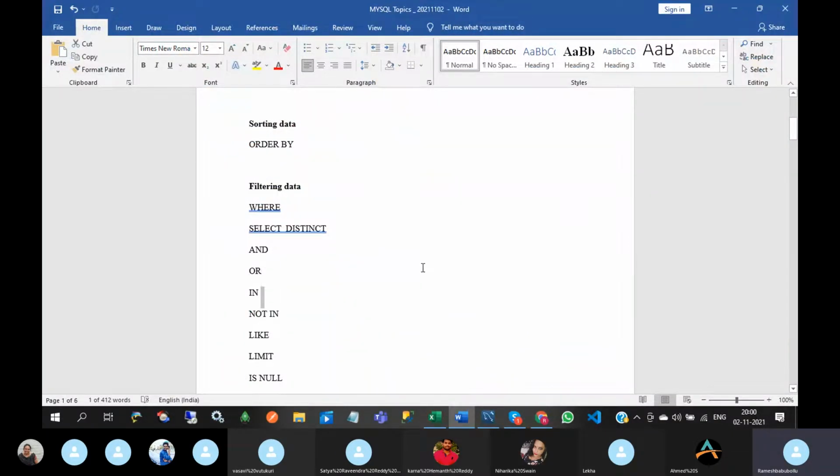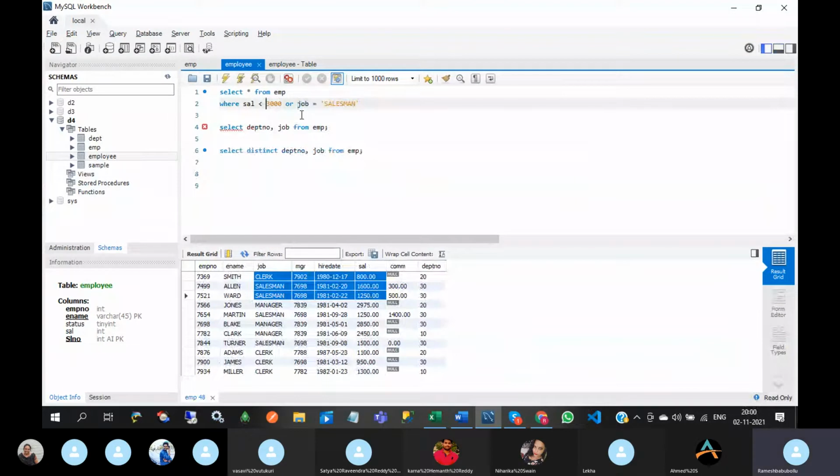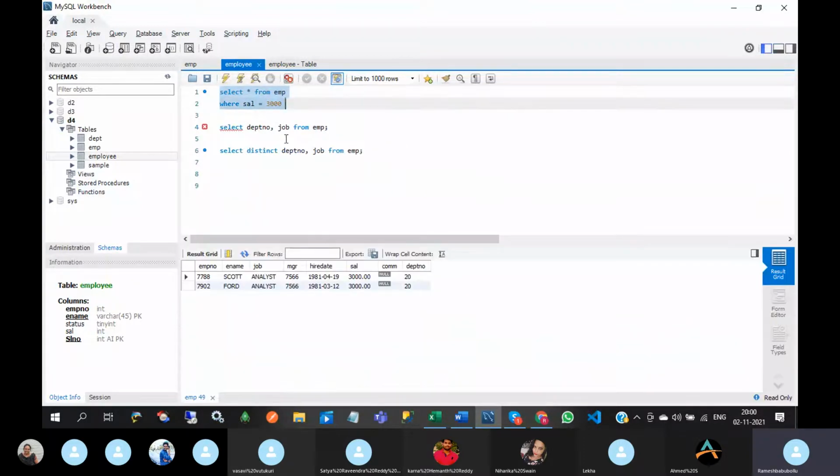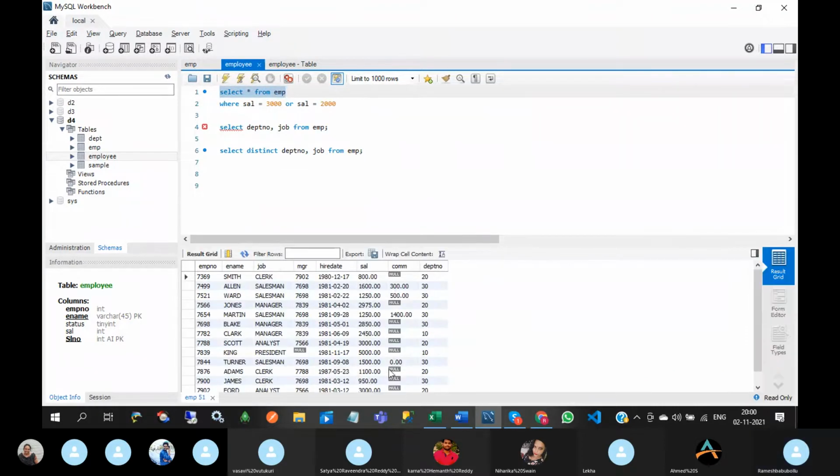Next, in. So I want to have records which are having salary equal to 3000 or salary equal to 2000. Both records I want to have. So 2000 is not there. Okay, 800.